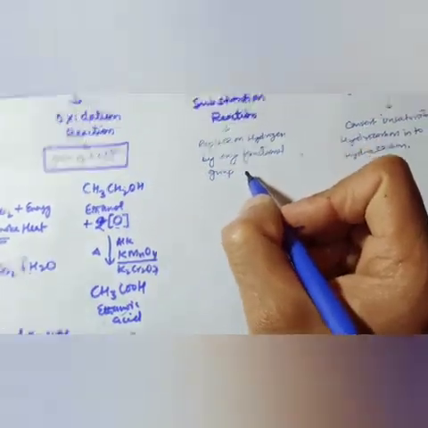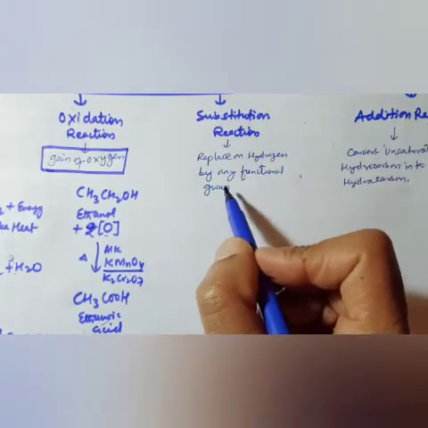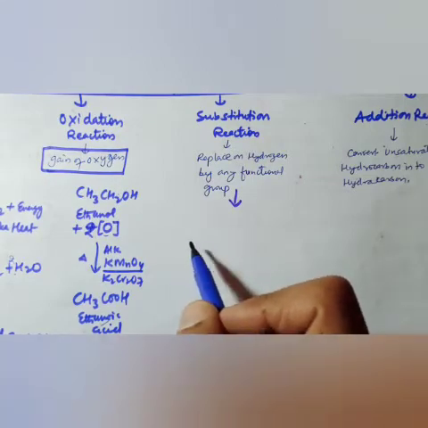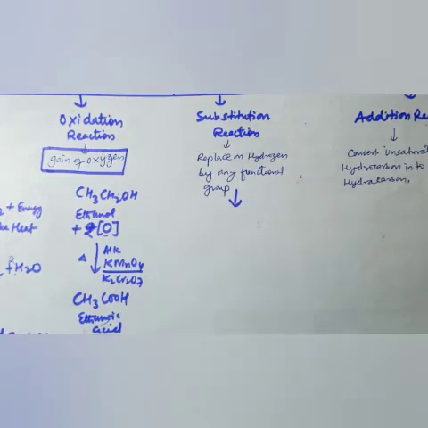Now the third chemical property is substitution reaction. Substitution reaction is a replacement of hydrogen by any functional group. It means that now we will replace hydrogen by any of the functional group. So for example, in this reaction, some other atom or group replaces one or more hydrogen atoms of a hydrocarbon, and